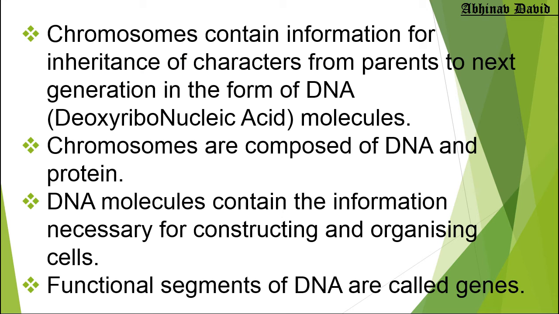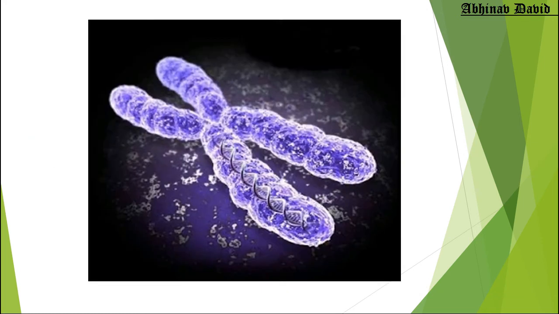And the chromosomes are formed only when the cell is going to divide. And in what form do the chromosomes or DNA remain when the cell is not dividing? It remains in the form of thread-like structures called chromatin. So chromatin are thread-like structures, and chromosomes are rod-like structures. Okay, so you see the next clip is there. You can see the next photo. In this photo, you can see a proper shape of the chromosome. So you can see how thread-like chromatin changes to chromosomes, and the chromosomes contain DNA as well as protein.